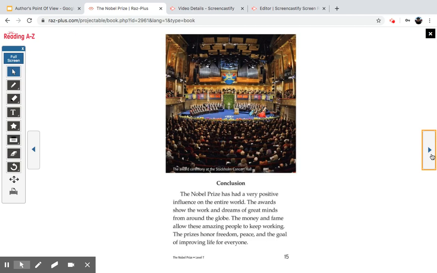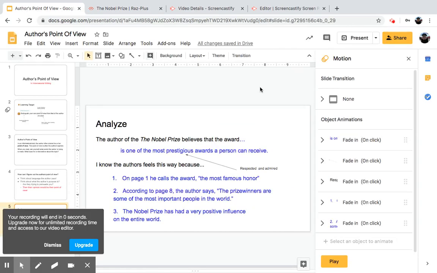That was one piece of evidence of mine. The awards show the work and dreams of great minds from around the globe. The money and fame allow these amazing people to keep working. The prizes honor freedom, peace, and the goal of improving life for everyone. I would say that my point of view of this award is that it is a very powerful, positive tool to help promote amazing work being done by amazing people. I can't wait for you guys to determine the author's point of view in your text, and then